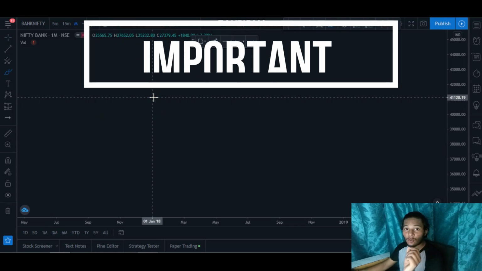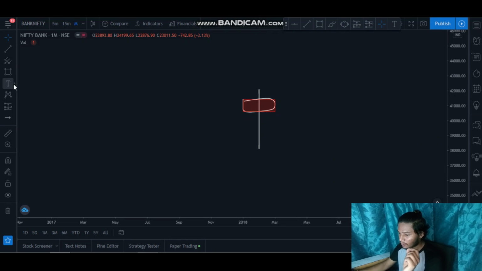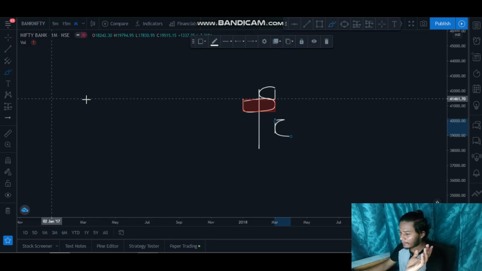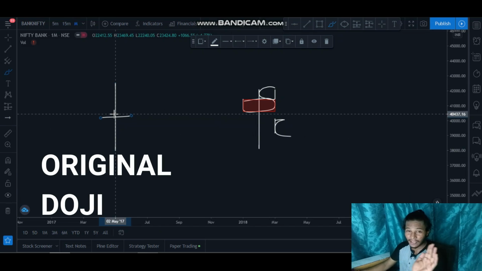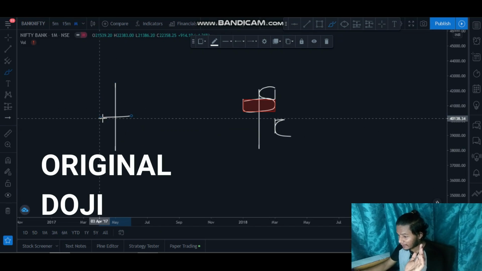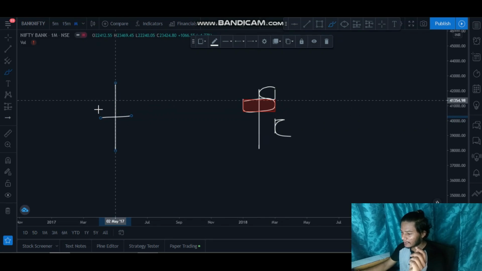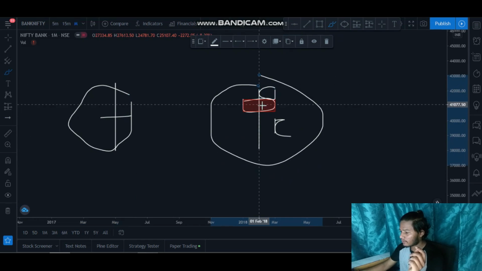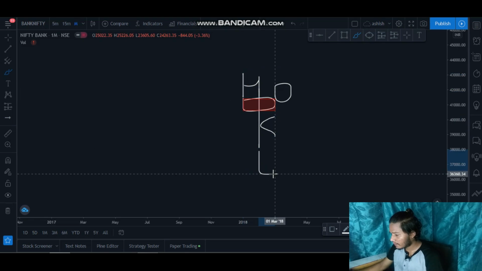Now let's check out how a doji candle forms. This is a red color doji candle, and red, as we know, opens here on the upside and closes down. A doji candle can be this way as well. Originally the doji candle is this way, where it does not have any body. It only has wick and a very small or almost no body. But in the market it very rarely forms this type of doji candle, and we always see this type with a small body doji. And this one is the high and here is the low.